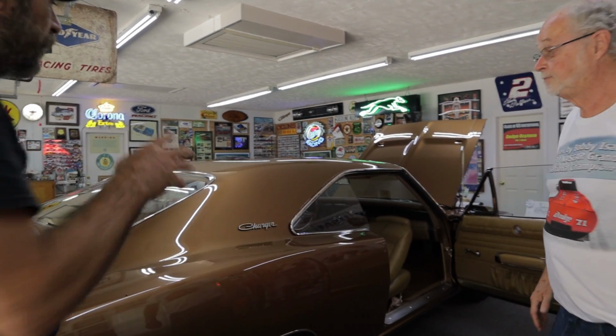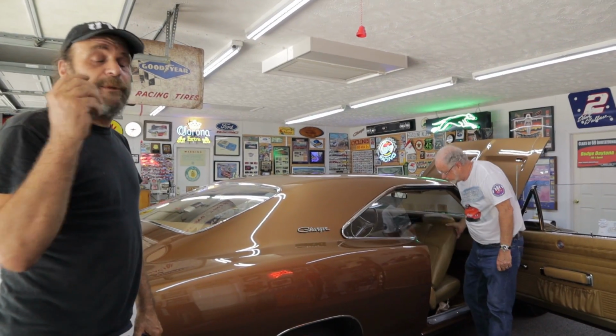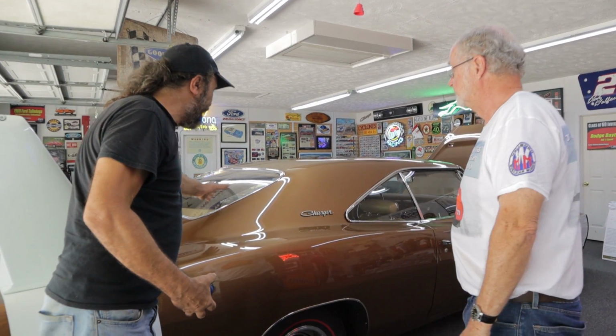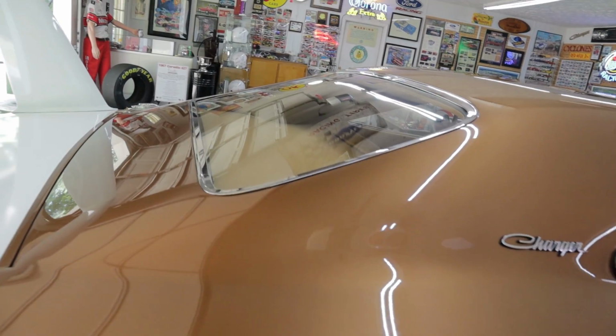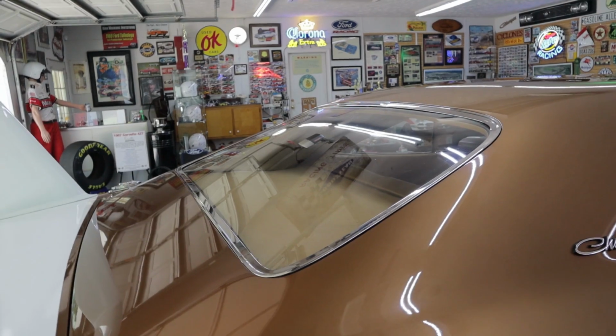Well, a lot of people don't realize these cars weren't actually built on the Chrysler assembly line. They were built as Charger RTs on the assembly line, and then they were shipped to Creative Industries for the modifications. So instead of taking the original back window out before they could put this plug in, they just broke the window and kept going. And that plug, the body work that they did on that is really...